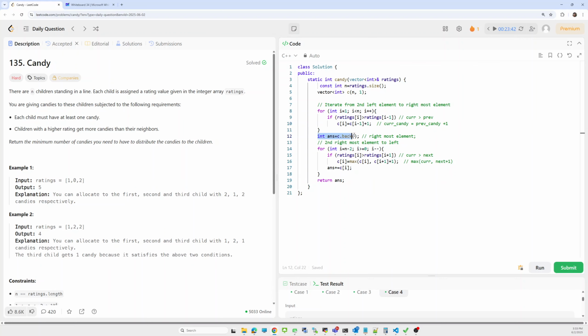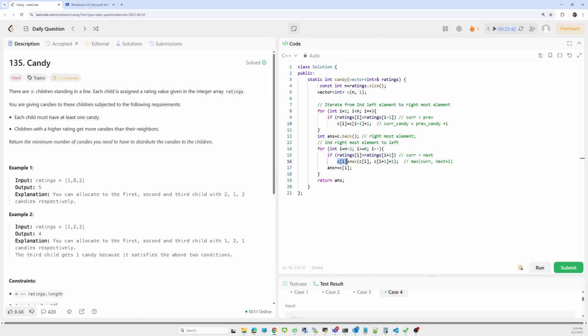Similarly, we maintain the answer, updating whatever total candies are needed. The answer will be initialized from the rightmost element. Now we start the iteration from the second rightmost element, and while iterating, by the same second rule, we check if the rating of the current child is more than the rating of its right neighbor.